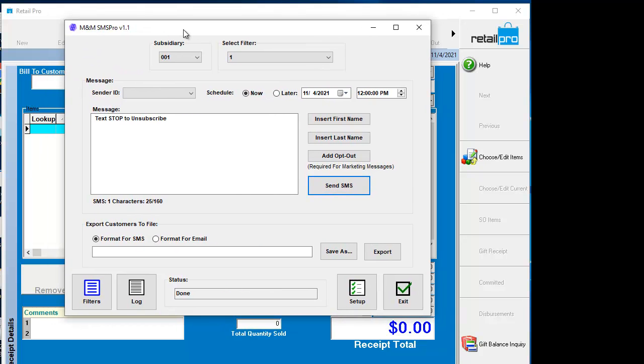There is an unattended mode to run this on a scheduled task if you want, based on the certain filter criteria. You do have to build all the filters ahead of time. And then you can also export the customers that would be within a specific filter to a file. So if you wanted to build a list of customers, see who you're going to be sending it to ahead of time, you can save this,